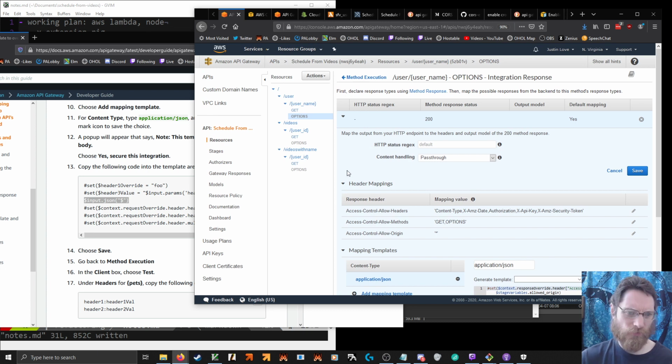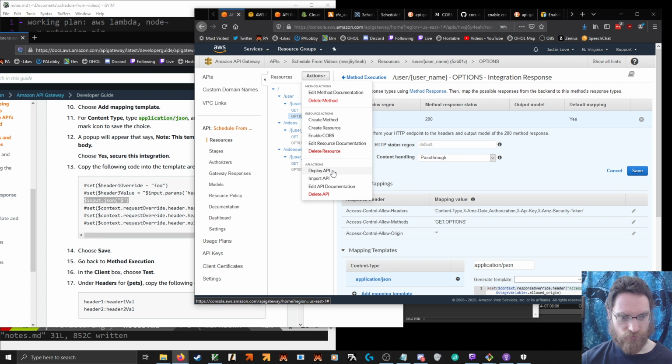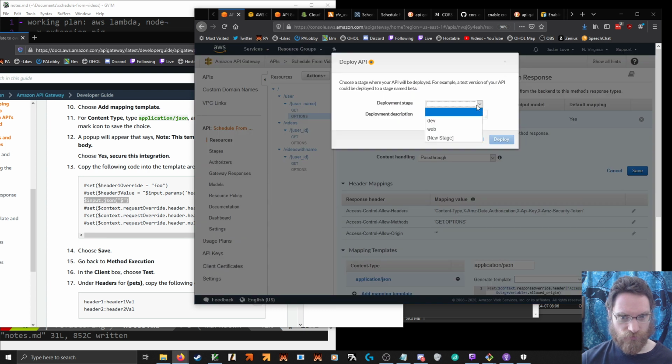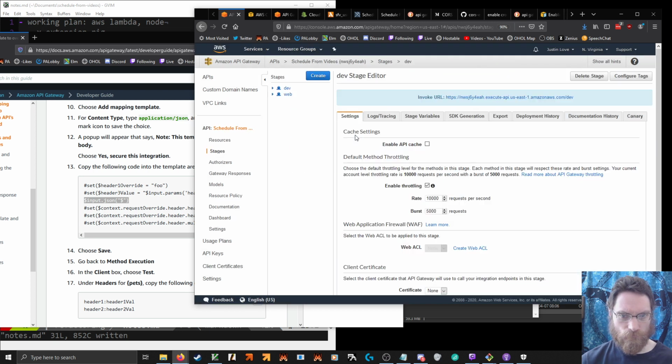Well, maybe there's also a variable for request. We could reflect back the origin parameter. We kind of need something that's doing some degree of checking. All right, so that has to percolate again.